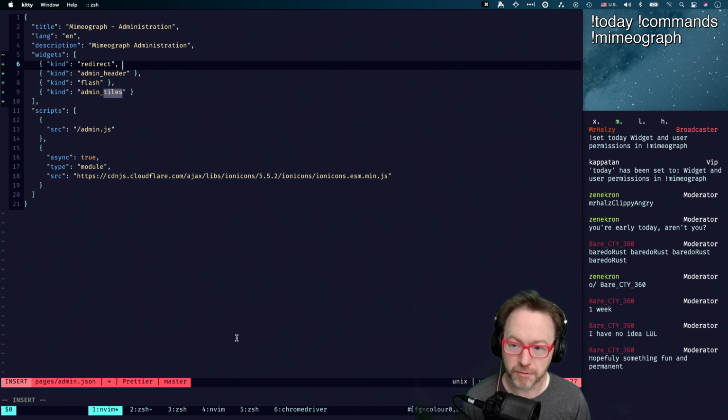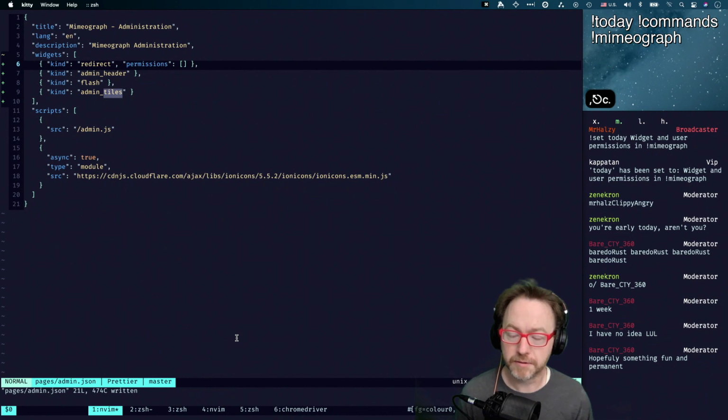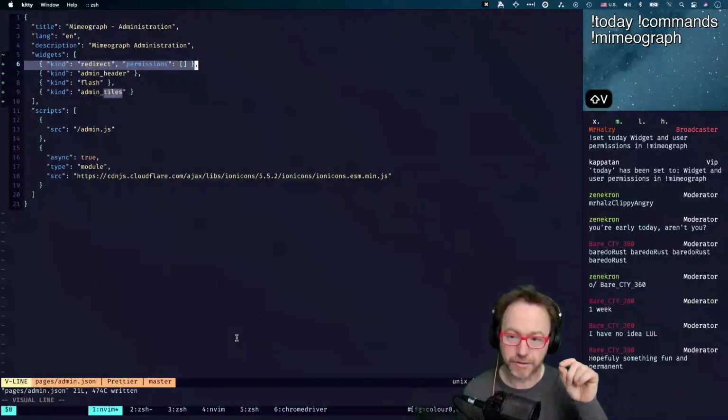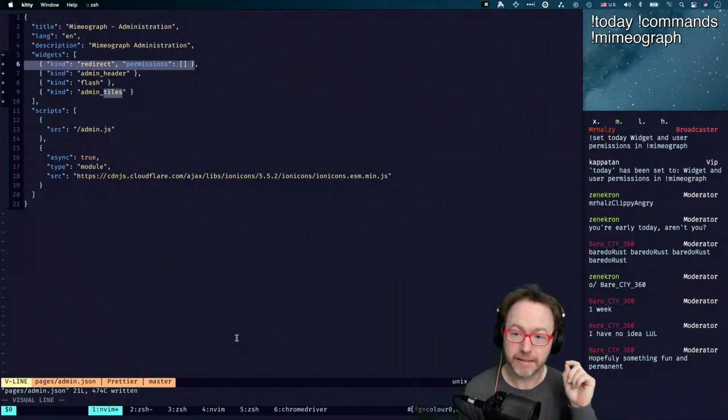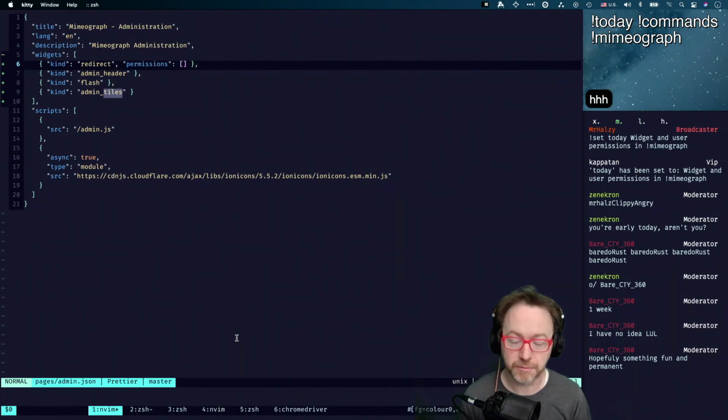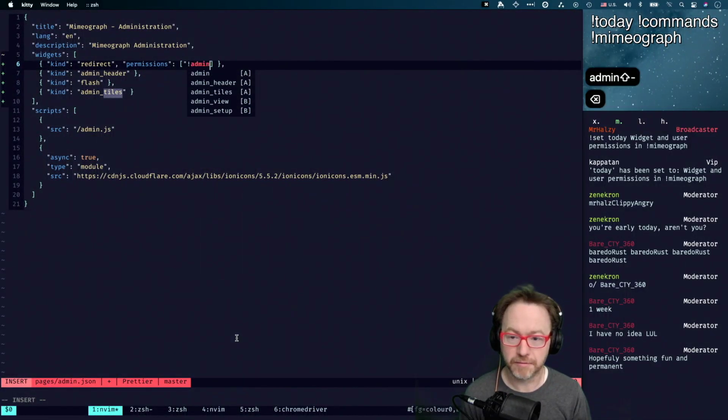And we're going to have some sort of content here and then permission. Oops, that should be in double quotes. Then an array of permissions. So this one will get inserted and executed if you have or don't have certain permissions. So in this case, if we say if you don't have admin or view admin,